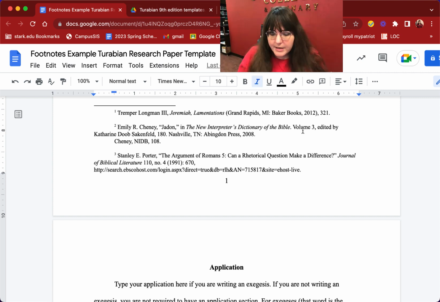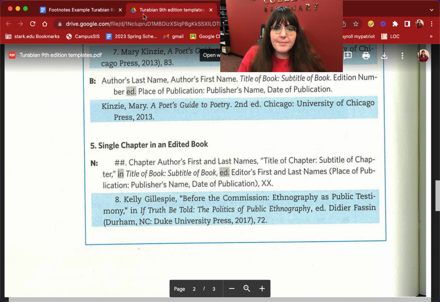So again, we're going to change our period to a comma. And then because the V is now following a comma and not a period, we're going to make it lowercase. Now for this instance, the whole entry on Jadon fits into the same page number, so we're going to leave it the same. And I just want to